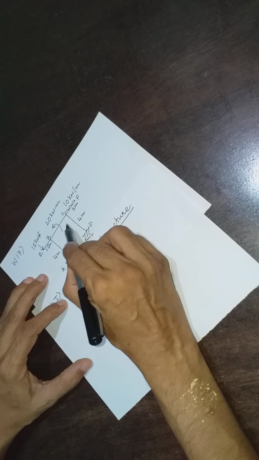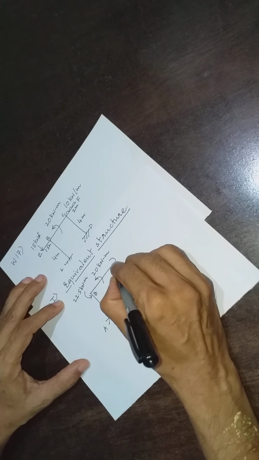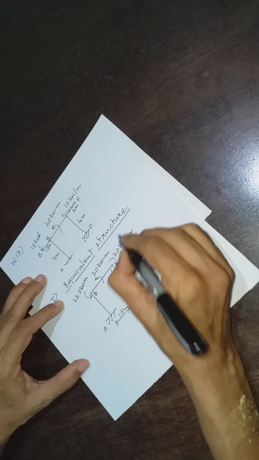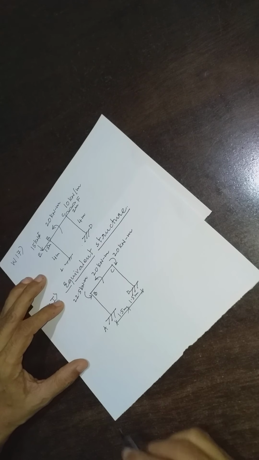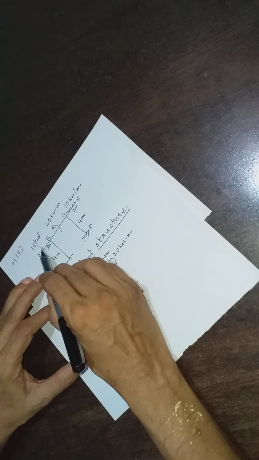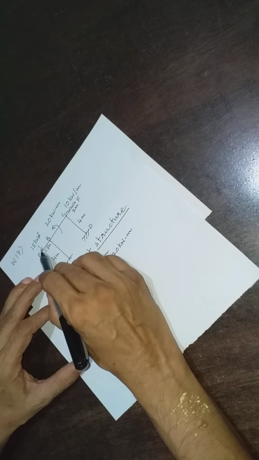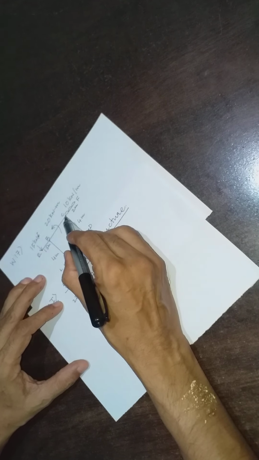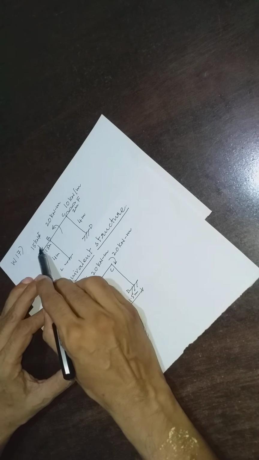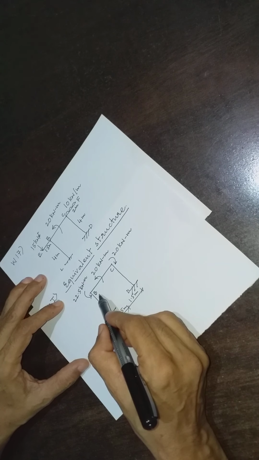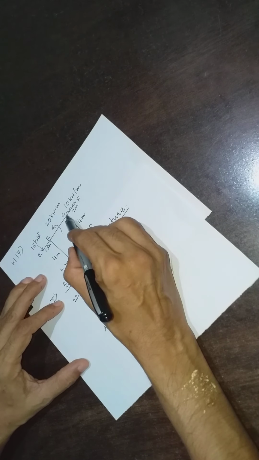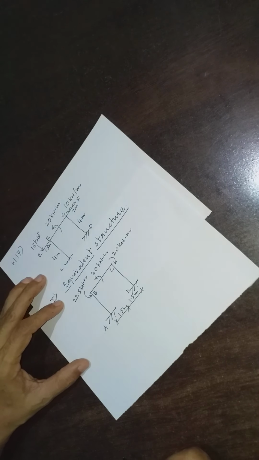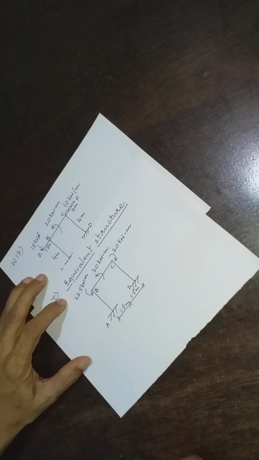10 into 2 into 1, it is acting in a clockwise fashion. So this is 20 kilonewton meter clockwise moment acting at C. So I have just cancelled the overhanging portions BE and CF by considering the moment acting at B and the moment acting at C. This 15 into 1.5 is acting anti-clockwise at B, and this 10 into 2 into 1 is acting clockwise at C. So this is the equivalent structure.